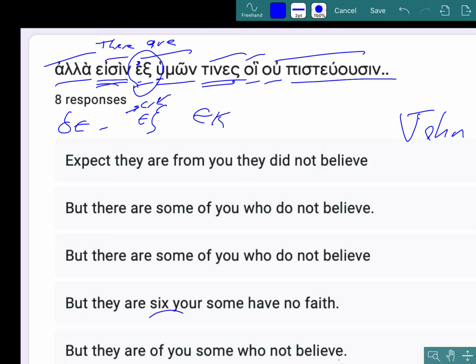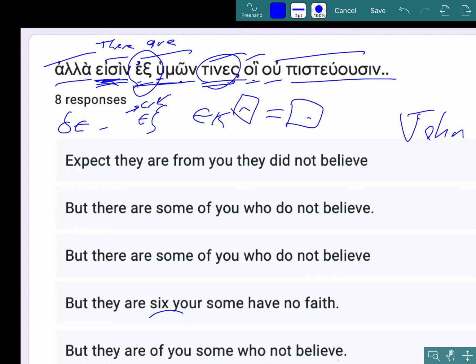some out of you. And this is nominative, even though it's in the predicate position, because remember, with the verb of being, we can sometimes have a nominative as the subject and a nominative in the predicate, because the verb of being is kind of like an equal sign. This is this, and both would be in the nominative. And